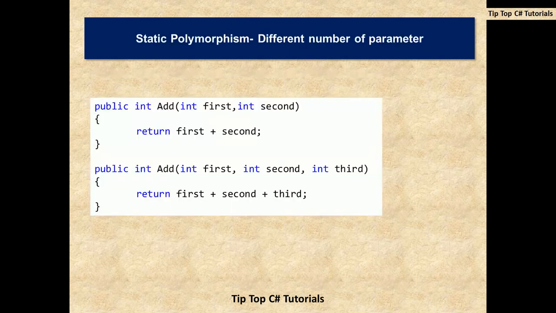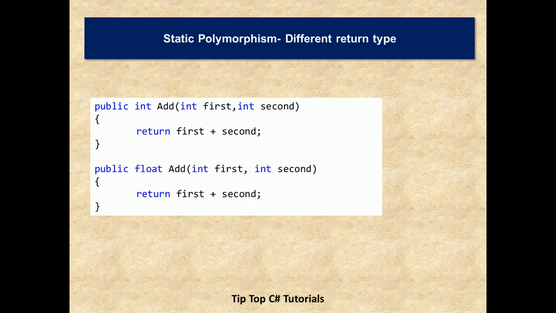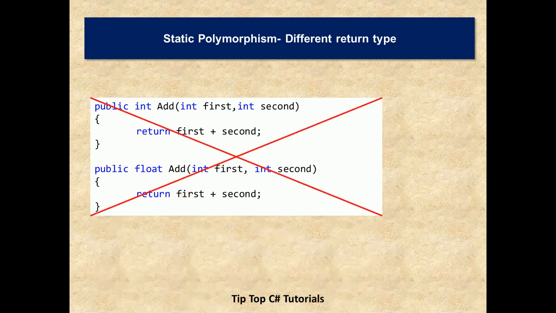moving on. Yeah, so either we can have different number of parameters where you have two parameters at the first and second one is having higher or lesser number of parameters, and it can have different type of parameters. As you can see in the first method we are having both as integer, second one we are having integer and float. So the other one is where the return type is different, but the number of parameters and type of parameter remains same. Now this one does not qualify for method overloading and it throws a build error.